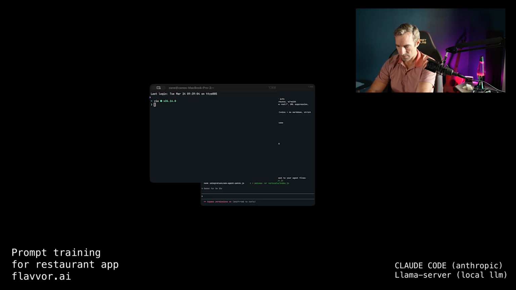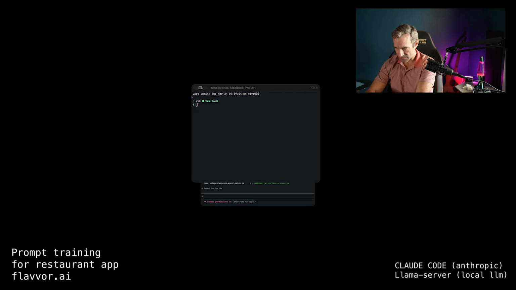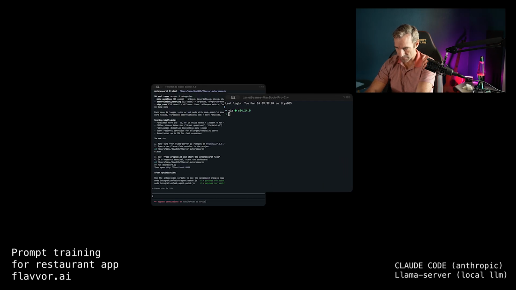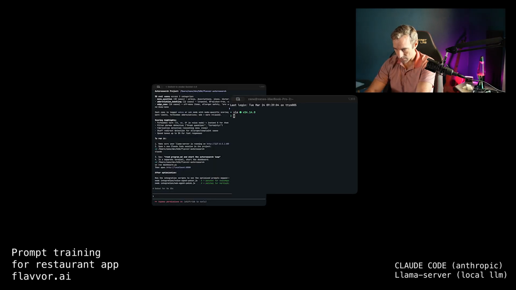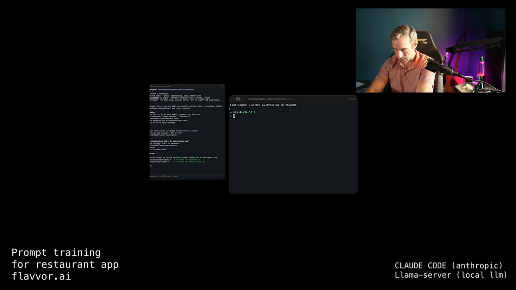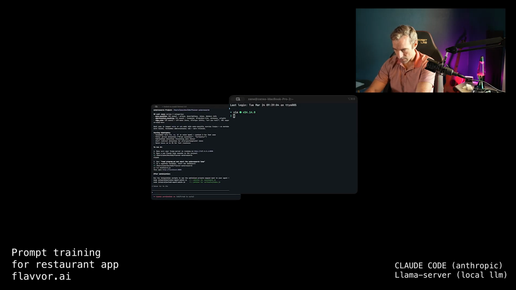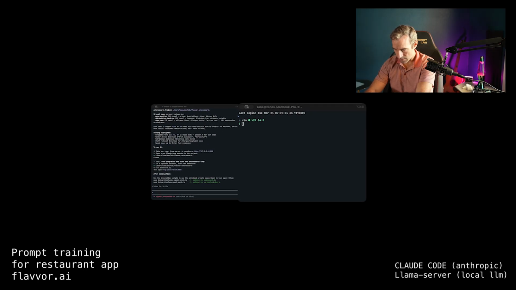So let me pull these side by side over here. And actually, okay, so now in this new terminal that we have open,